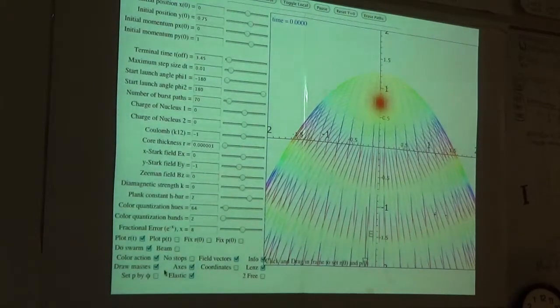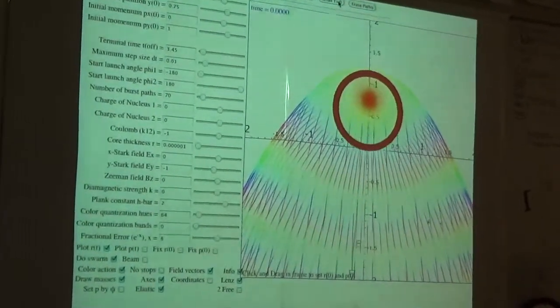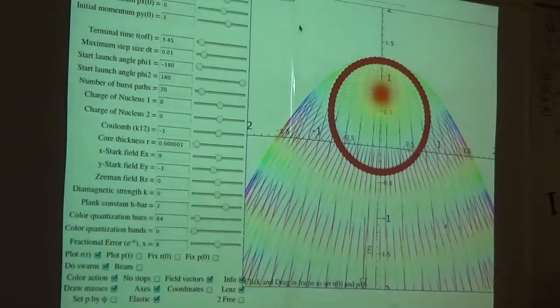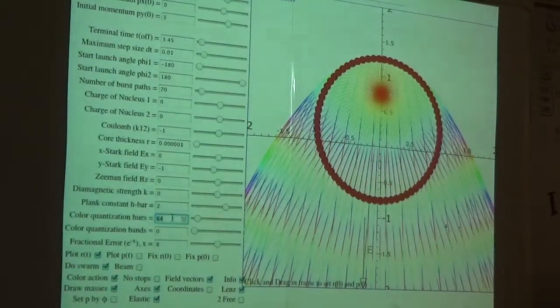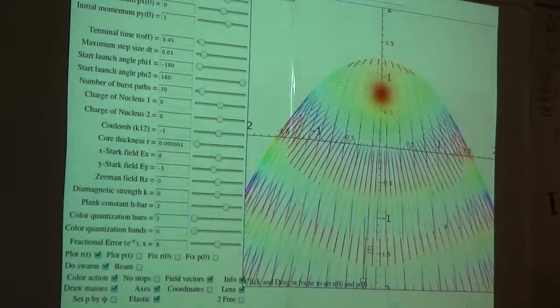Just make this 0. Yeah, make it 0. I think that'll do it. Oh, I think I see some color there. It doesn't matter. You'll still get the idea of where the